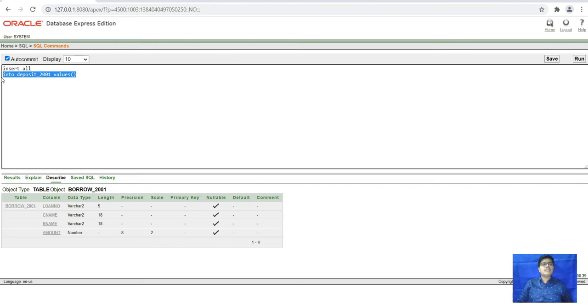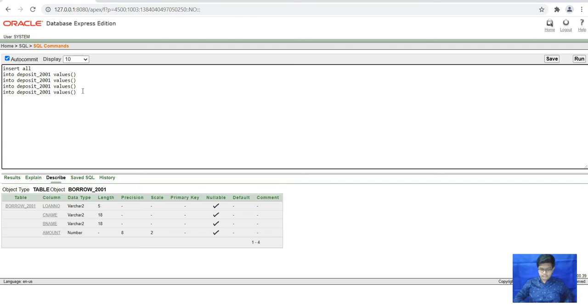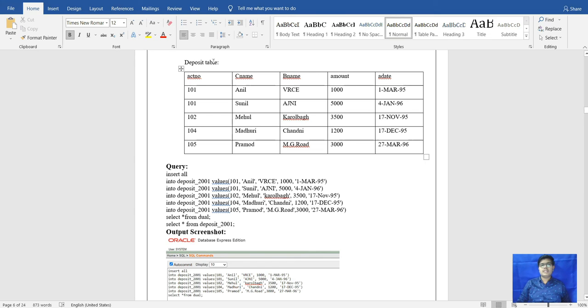Now I'll copy this, and how many entries we have to do? 1, 2, 3, 4, 5. 5 entries we have to do. Select star from dual. So here are the values we have to enter.